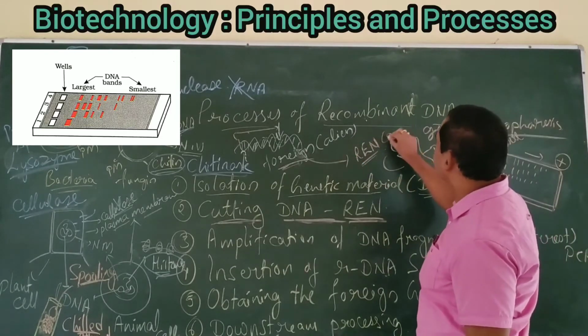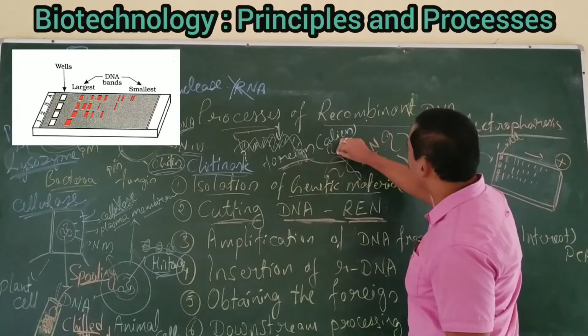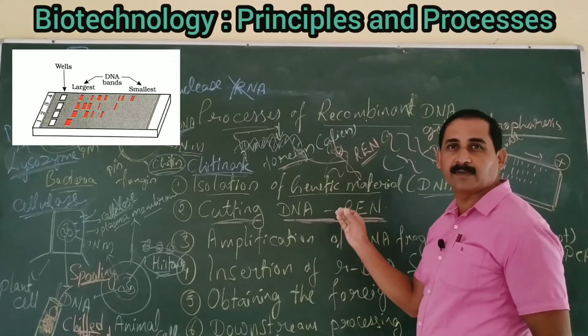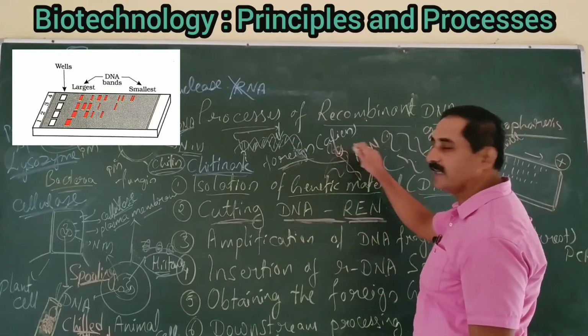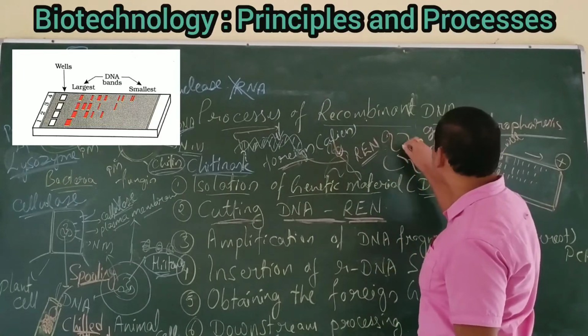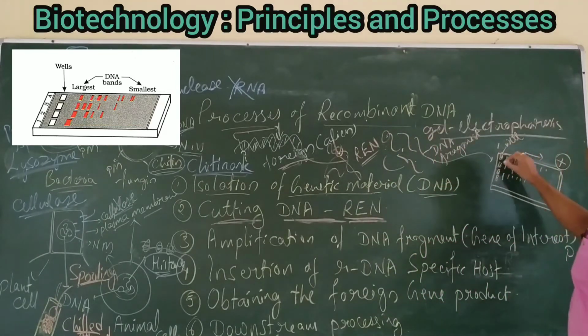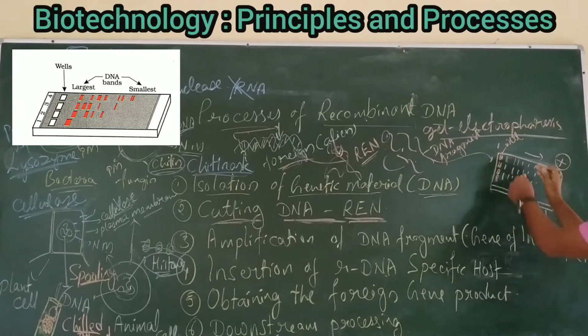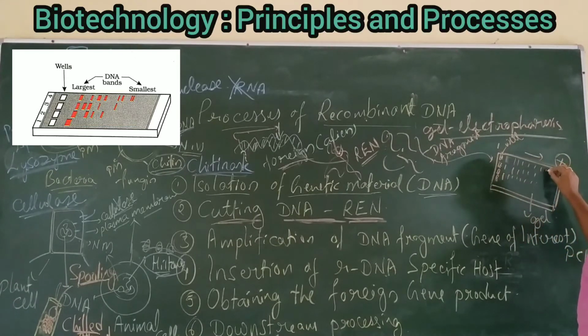The REN identifies specific palindromes, the repeated sequence, and it cuts at the restriction site, the repeated sequence GAATTC or any other repeated sequence. It identifies and cuts into smaller fragments. When it is passed through the gel sheet kept in an electric field, it passes through the gel based on the affinity and also its size. It gets separated into a number of fragments. This separated fragment is cut and separated from the gel sheet by using a technique called elution.